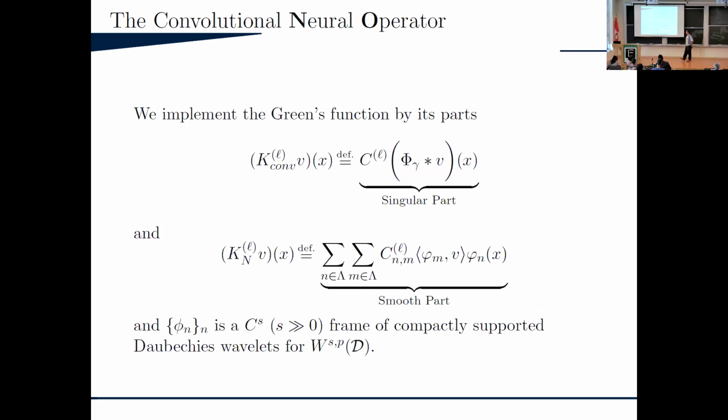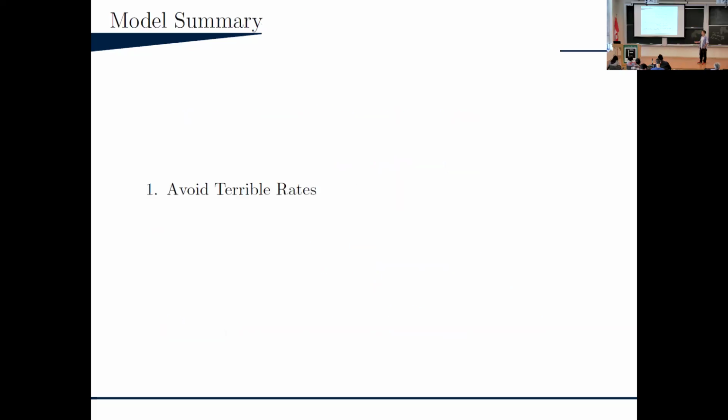They're very straightforward. The singular part is exactly this. Since you have access to the closed form expression for the singular part of the Green's function, I literally just convolve this and do some matrix multiplication at the end. And the smooth part, I approximately implement this, and how to do that is kind of obvious. It's just the following thing. You do some kind of expansion via some Daubechies wavelets in my Sobolev space, which are optimal. And that's it. When you construct that, that's the model that gave the efficient approximation rates, which were impossible via a universal approximation theorem.